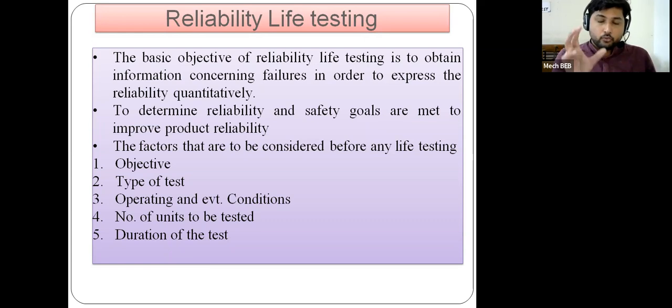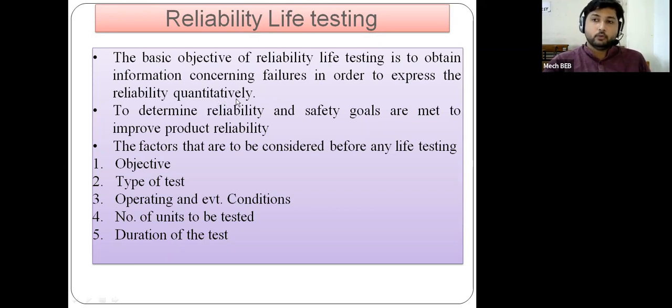It is a quantitative conversion of how reliable your product is. To achieve that 5-star rating or 3-star rating, that company needs to perform specific tests on the product, like crash tests. A variety of crash tests are there, and on that crash test basis, the ratings come into the picture. That is nothing but expressing the reliability quantitatively.